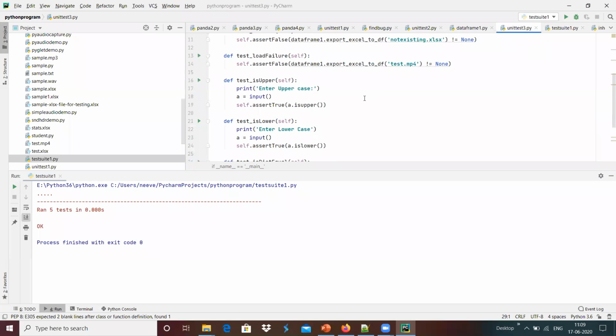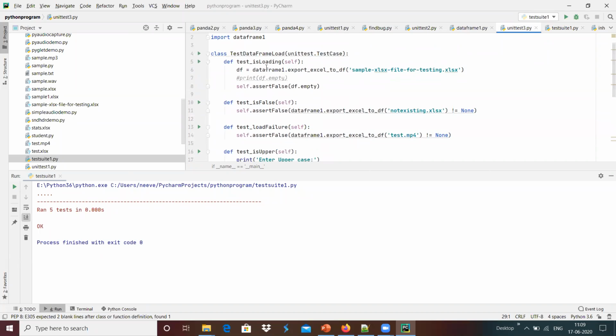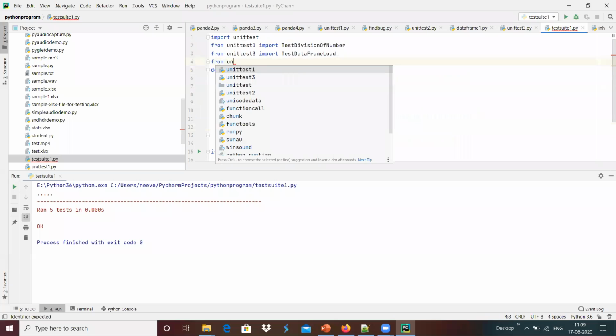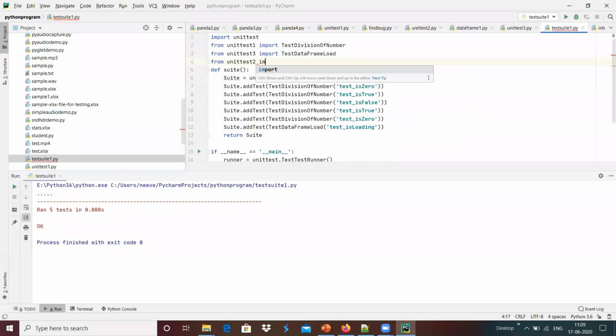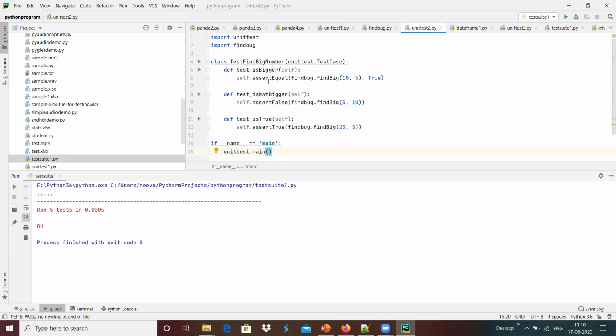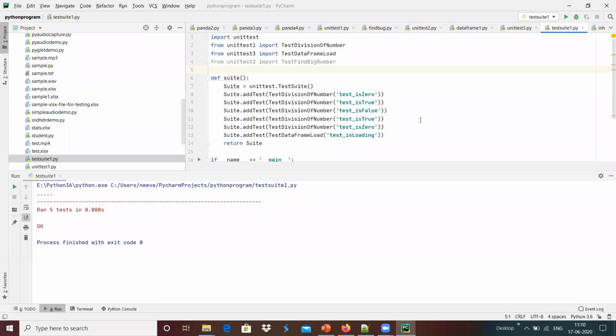We have the option unit test, which I'm going to use to check whether loading is fine or not. Similarly, from unit test 2, I'm going to import test find bigger number, with the unit test 2 test is bigger or not, and add it here in the test suite.